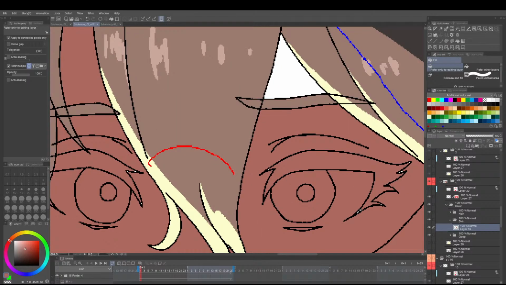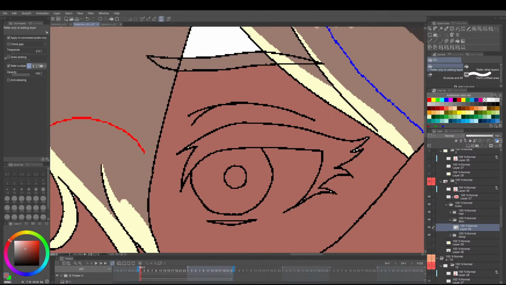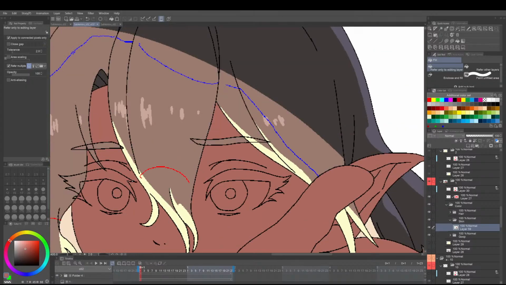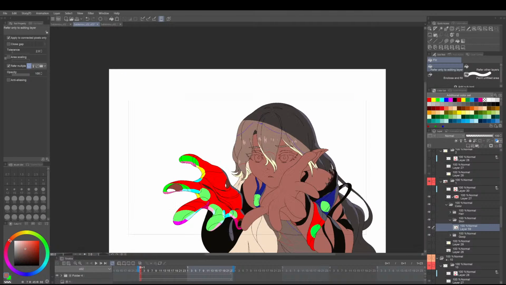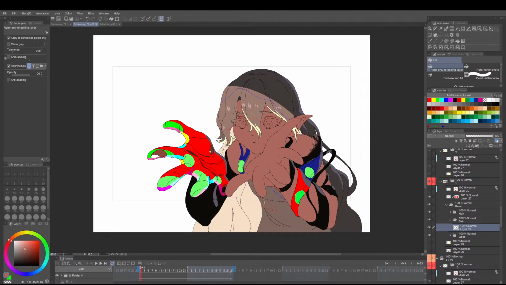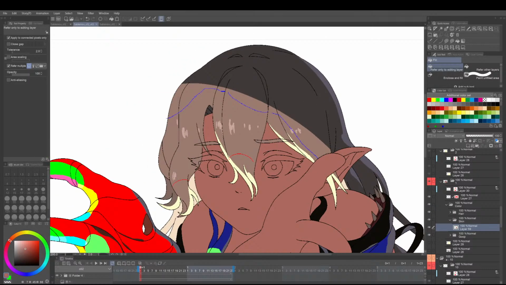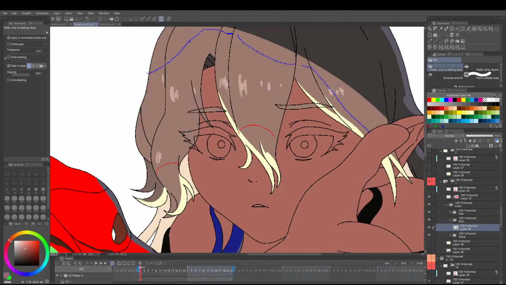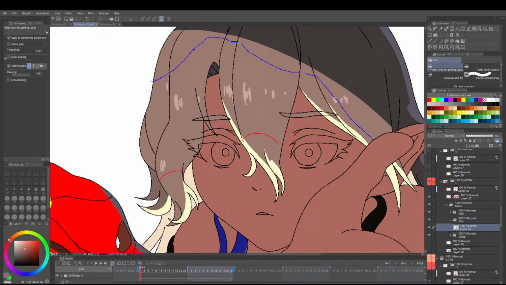Just pretend it's the base layer. Okay, that's good enough for now. Just so we have a little bit of color relativity going on here. I know I'm not picking anything, but